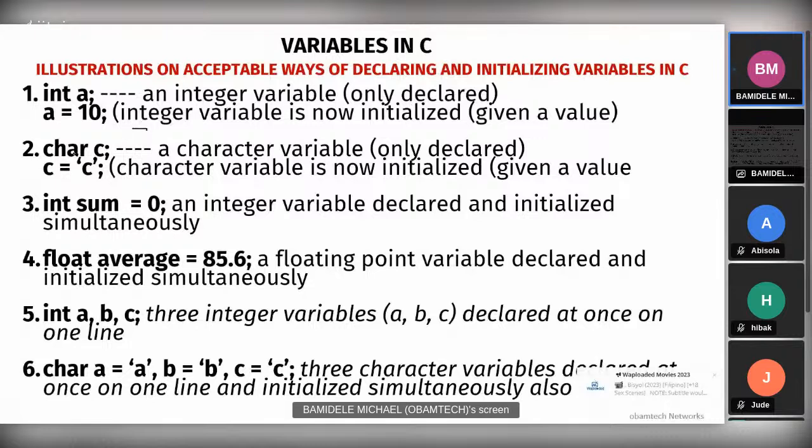And this one is a character variable which is only declared, but at this point we now initialize it. An integer variable which is declared and initialized at the same time. This one, a float variable which is declared and initialized at the same time too. And we can declare variables in this way too. You can declare three